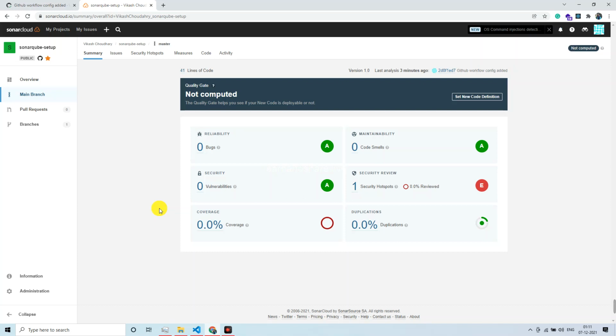But overall, this is what I wanted to share with you guys, and I'm sure whoever has requested this specific requirement, for whatever purpose, either personal or official project demand, this video tutorial might have helped them to integrate Sonar Cloud with the GitHub Actions workflow, and they are able to successfully perform this setup or configuration, and see the expected result on their own as well.